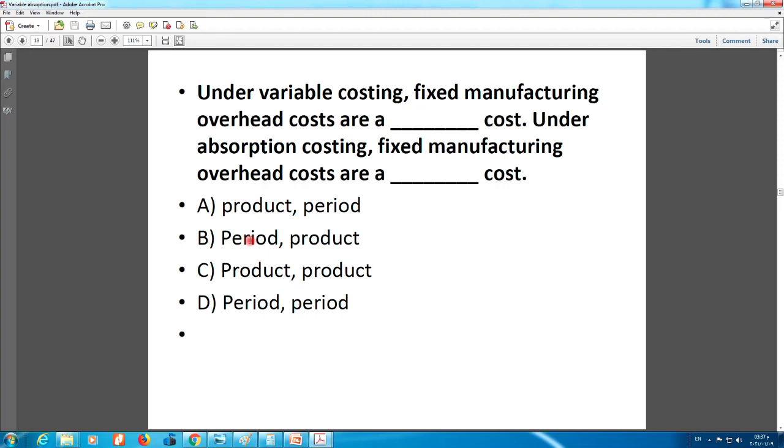Under variable costing, fixed manufacturing overhead costs are period cost. Under absorption costing, fixed manufacturing overhead costs are product cost. So the answer will be